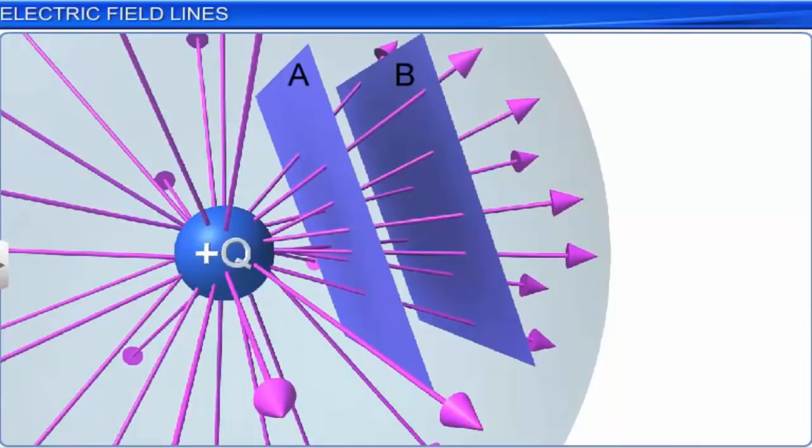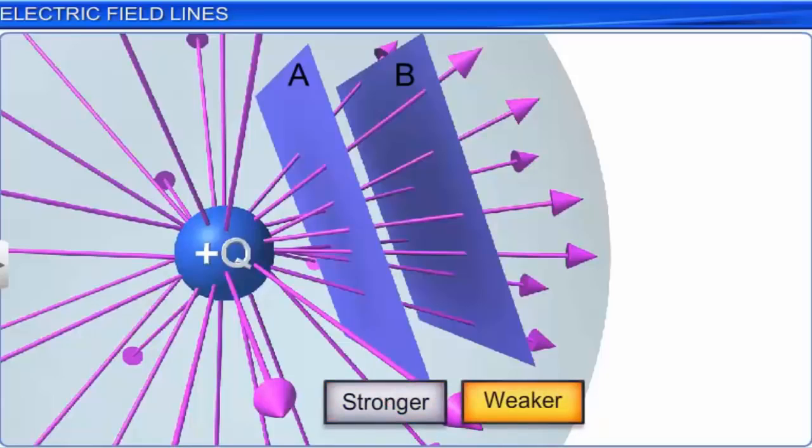The field lines in region A are relatively closer than those in region B. The number of field lines passing normal to an area is proportional to the magnitude of the electric field strength at these points. This indicates that the strength of the electric field at A is greater than the field at B. As the electric field strength is stronger in region A and weaker in region B, the electric field shown is a non-uniform electric field as the field strength varies from region to region.